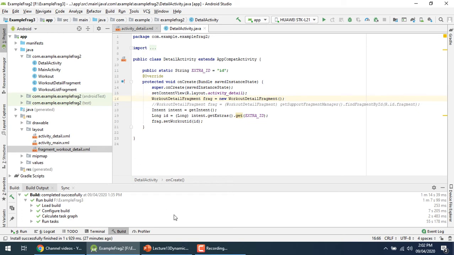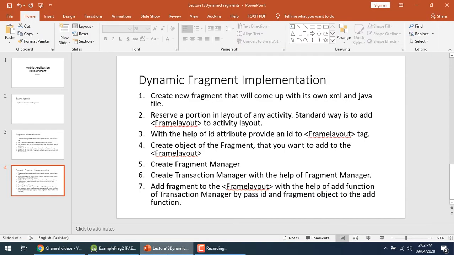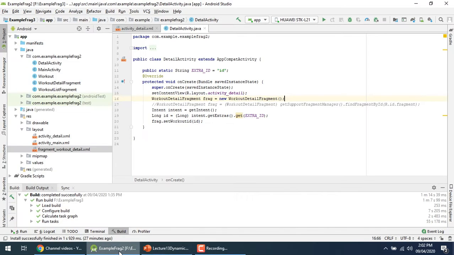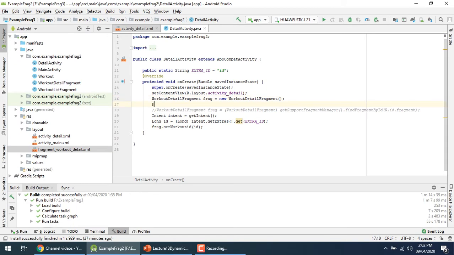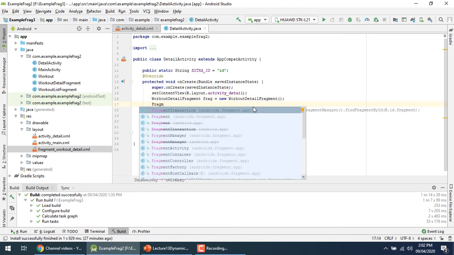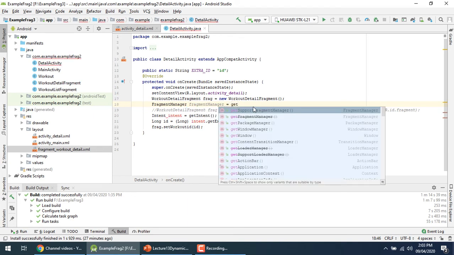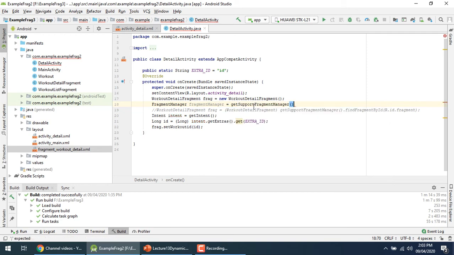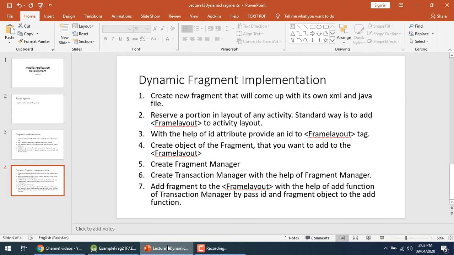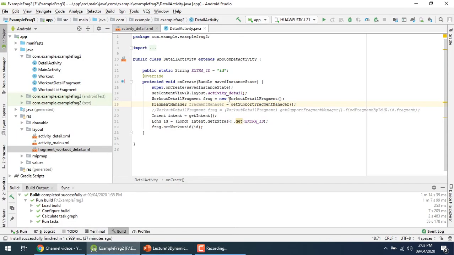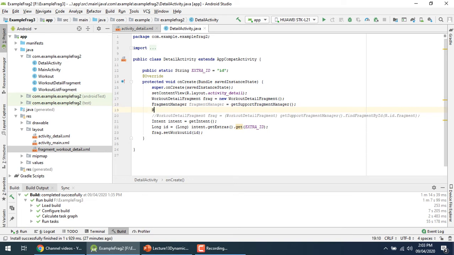Now the object is ready. The next step is create fragment manager. Now I will create a fragment manager. This is my fragment manager, and I will assign a fragment object to it with the help of get support fragment manager, and my fragment manager object is ready. The sixth step is create transaction manager with the help of fragment manager. So I will create